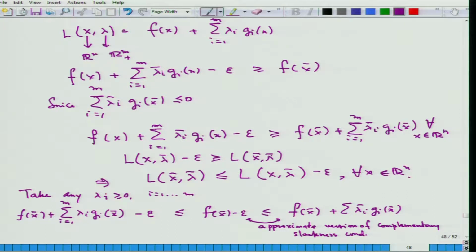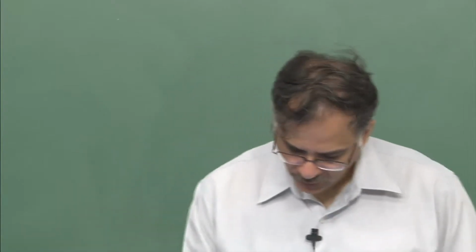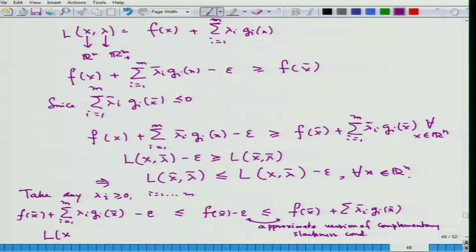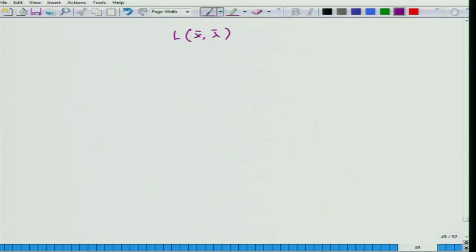So, this is the point where we have applied the version of the complementary slackness condition, as a result of which this will immediately show us the following. It will show that L(x bar, lambda) minus epsilon is less than or equal to L(x bar, lambda bar). So, some sort of saddle point result we have. What we have is that whenever x bar is an epsilon minimum, I could show the existence of a lambda bar in R^m_+ such that